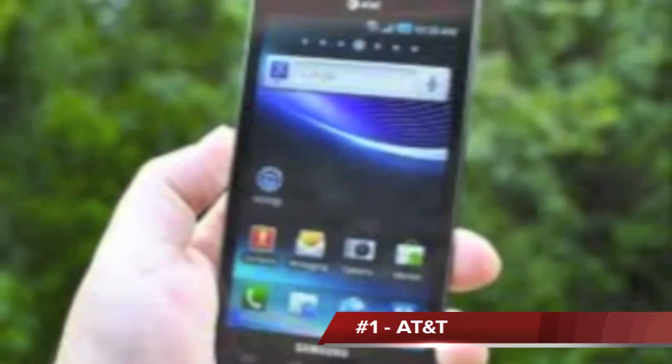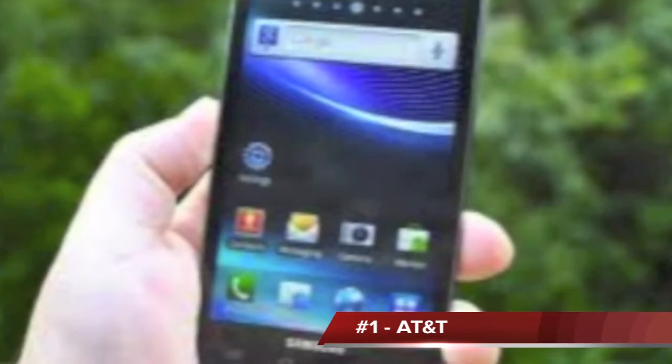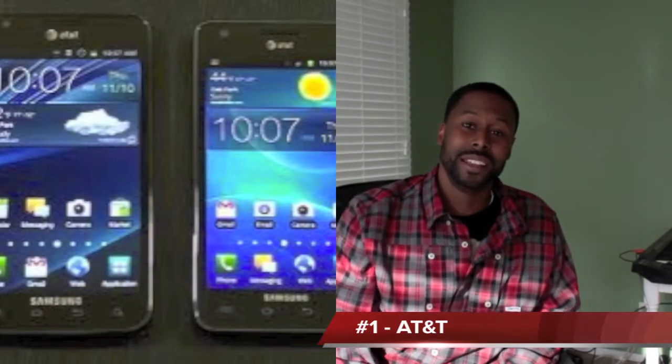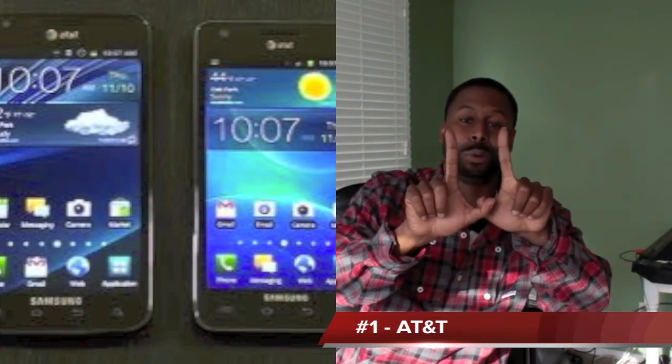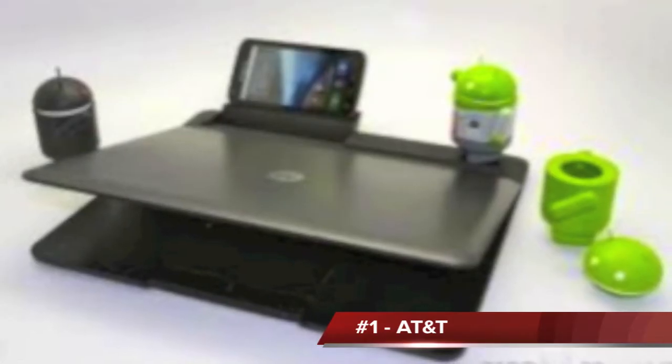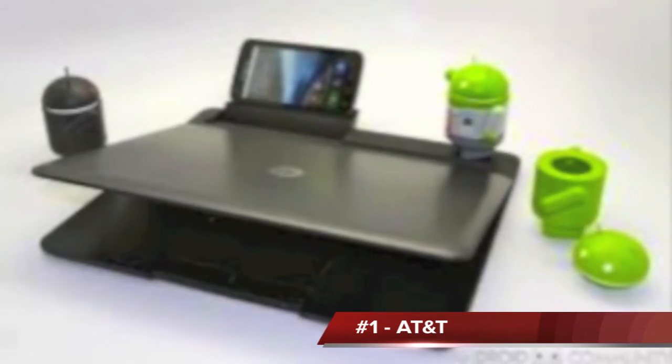They also have the original Nexus S over there, HTC Inspire 4G, the Samsung Infuse 4G, got the Galaxy S2, and they got the Galaxy S2 Skyrocket. The Galaxy S2 is 4.3, the Galaxy S Skyrocket is 4.5. I mean, that thing is kicking. It's 4G LTE, it smothers. They also have the HTC Vivid. AT&T was first up on the dual core game when it came through with the Motorola Atrix. I haven't even spoke on the 2 killer phones on